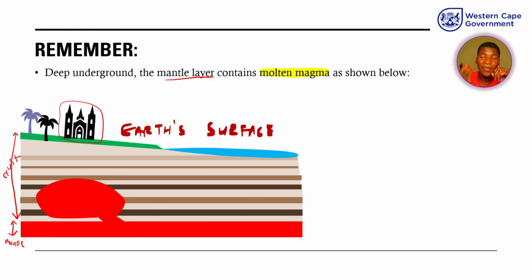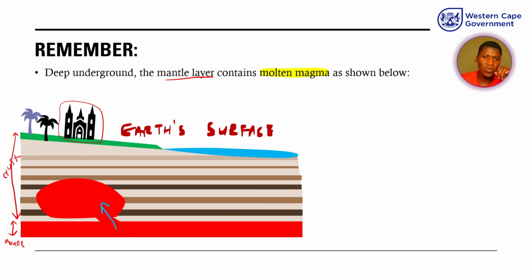Remember, we've said that molten magma is more like a liquid. Its texture is almost like a liquid, more like a porridge-like shape. So as the molten magma rises, the idea of this image is that the molten magma is trying to rise and come up into the Earth's surface where we are at. But it sometimes fails to get there. So if it forms this landform, we'll give it a name.